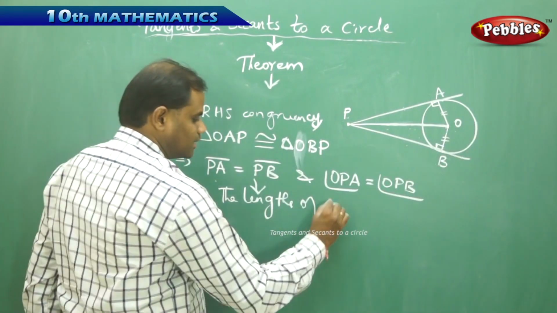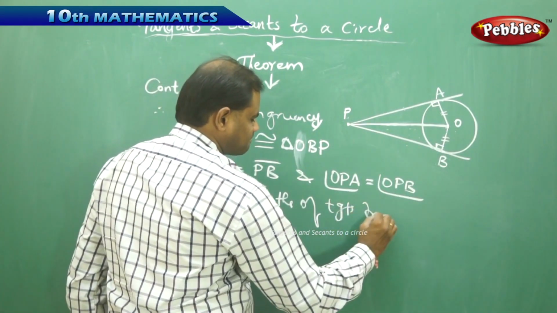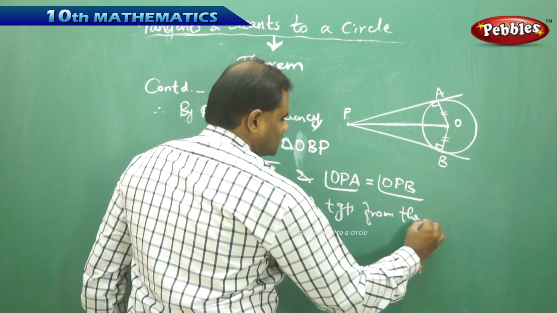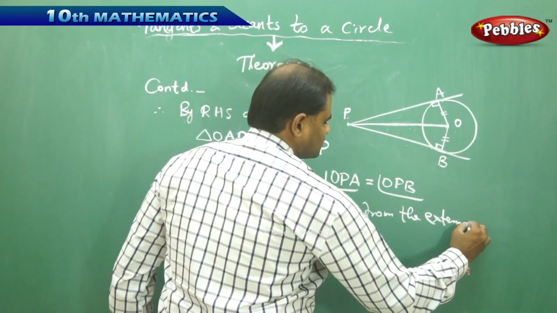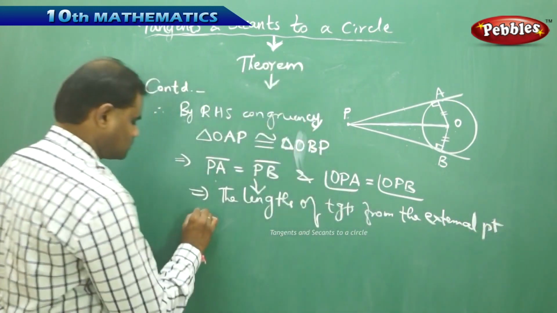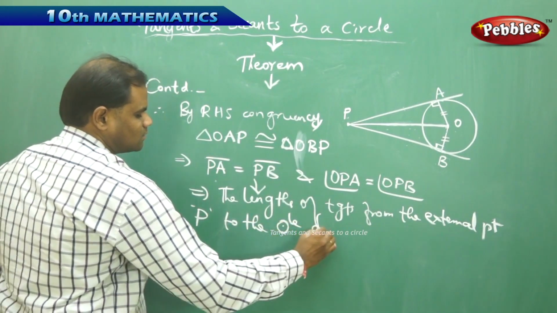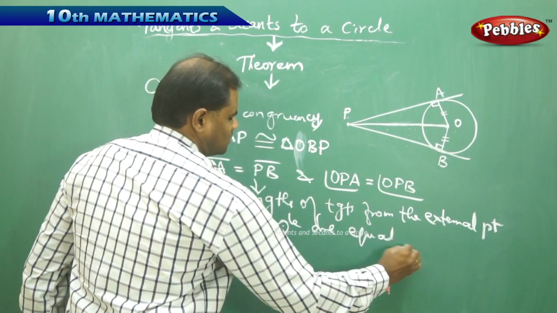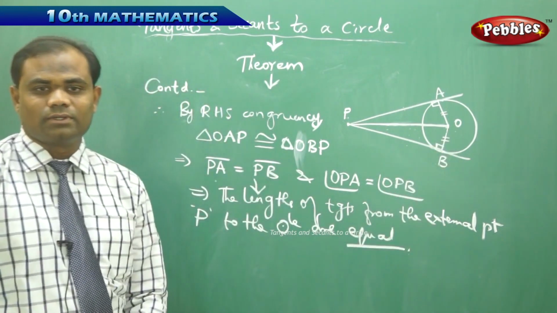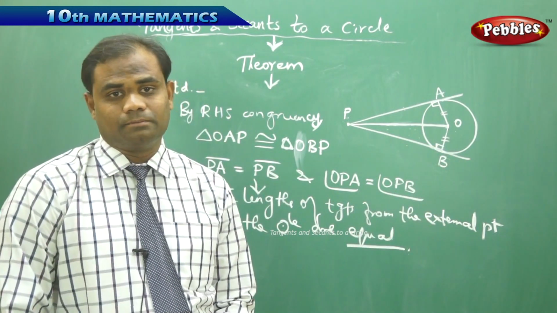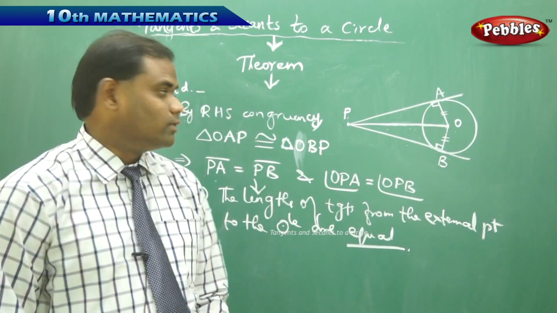That implies the lengths of tangents from the external point P to the circle are equal, is what we conclude with the statement of the theorem,